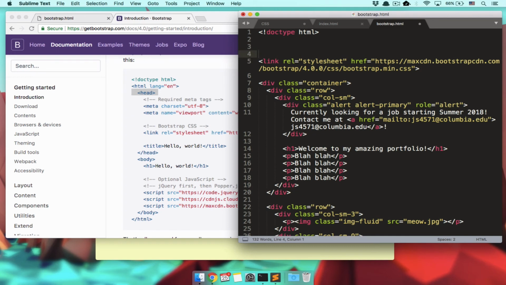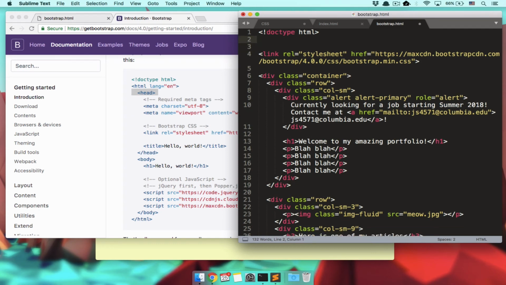There are other kinds of HTML, but this one is specifically HTML5. What's the difference? There's not really that much of a difference. You'll be fine. Just use it. Then we say HTML lang equals en. You can change your language to be whatever it could be, as long as you know what the 2-character code